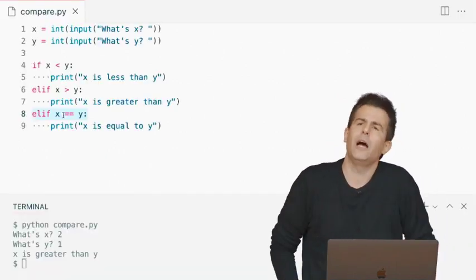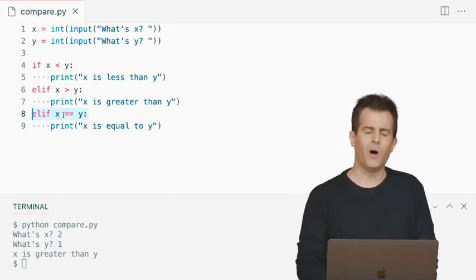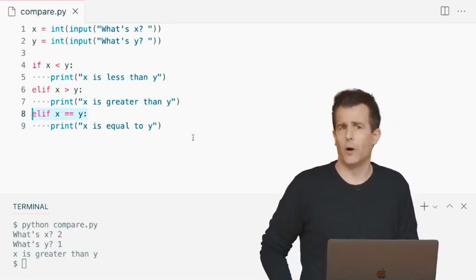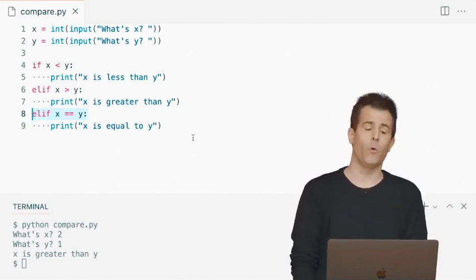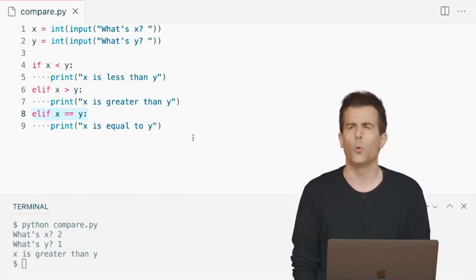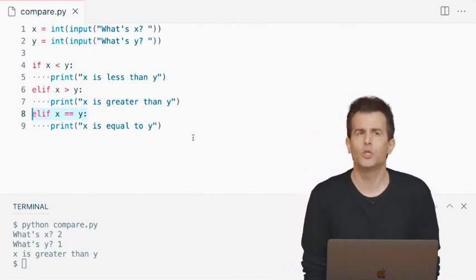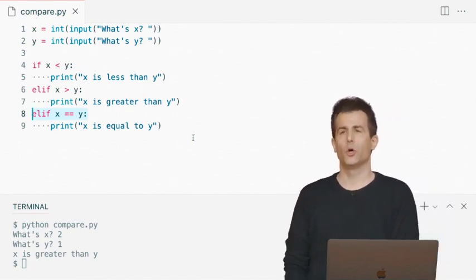So if I take us back to our code here, notice that what I've highlighted earlier, elif x equals y, it's not wrong to ask that question. In fact, if you're trying to be especially thorough, it makes perfect sense to check if x is less than y, greater than y, or equal to y. But why don't I need to ask this third and final question? We don't need to ask if x is equal to y anymore, because logically, if the 2 conditionals evaluate to false, there is only one conditional that will evaluate to true, and that is x is equal to y.